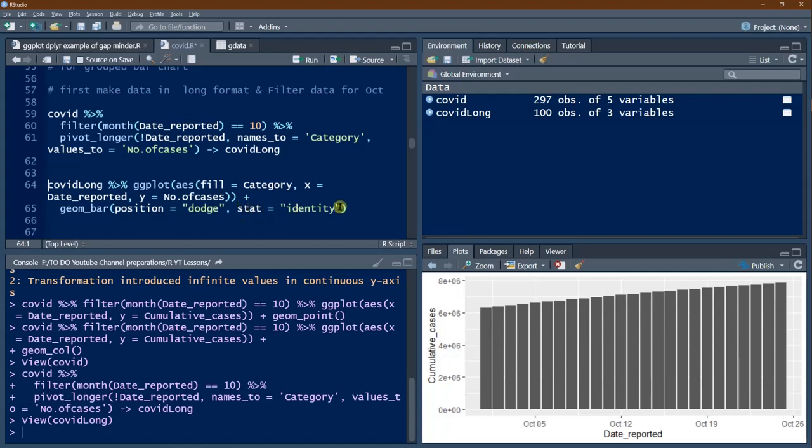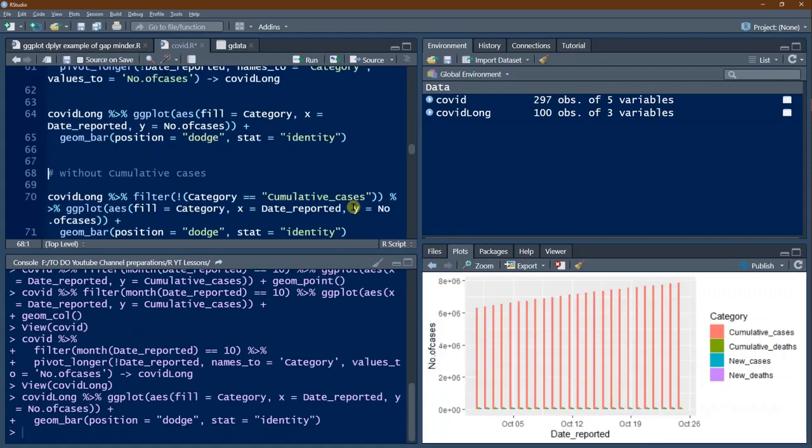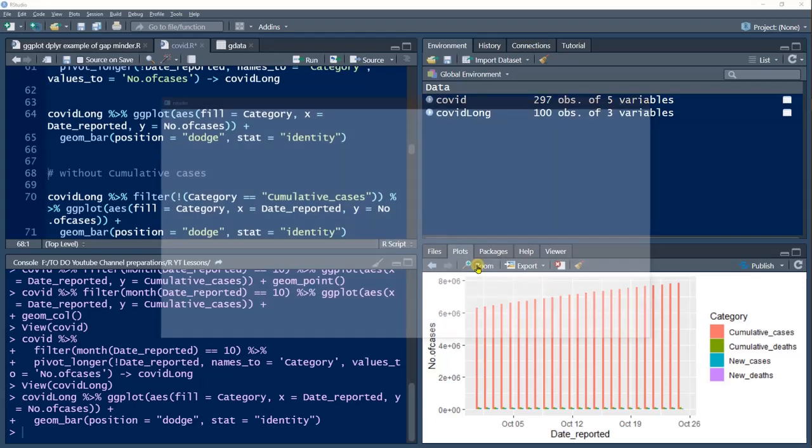And stat is identity, means you just take the same values, don't do anything to the values, don't count the values or do any statistical transformation. That is what is called identity. So now we'll plot it.